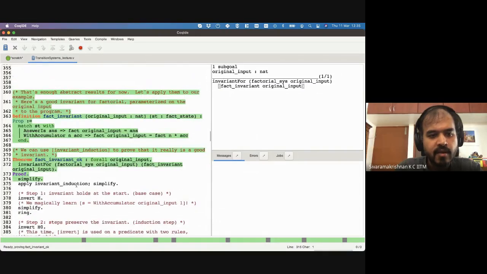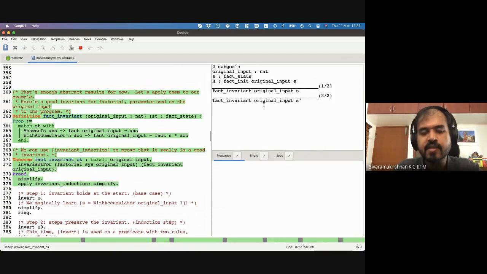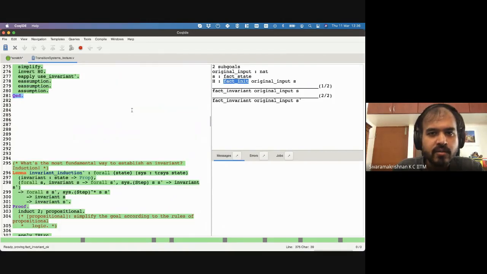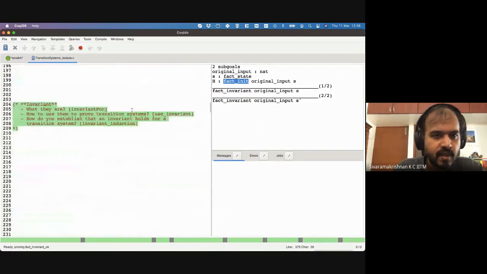So I'm applying invariant induction and simplification, and I end up with two subcases. One is the base case, another is the inductive case. So I have to show that assuming that H is an initial state, this S is an initial state, this invariant holds on S. Whatever fact invariant that I've written down holds on the initial state. So what do we know about fact init? If you go back to the definition of fact init,